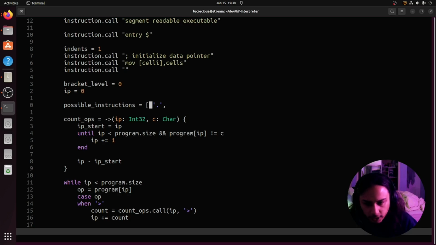We should probably delete the comments from the whatever. We're not going to worry too hard about how we optimize this, but we do need to make sure it doesn't stop the run length encoding at spaces and stuff. So let's make sure that we add all the instructions of Brainf here. And what we're going to do is,